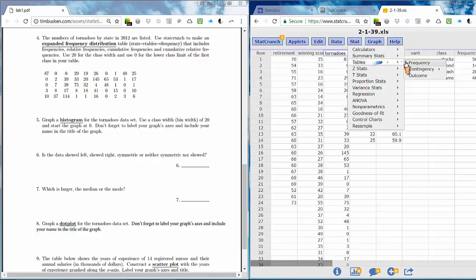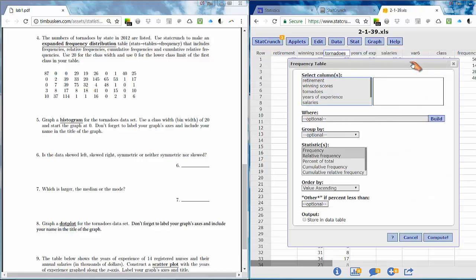And under the table's heading, left click on Frequency. Select the variable to be graphed, that's the tornadoes variable, so left click on that. Under this heading that says Statistics, we want to hold down the control button, and while you hold down the control button, left click on the words frequency, relative frequency, cumulative frequency, and cumulative relative frequency. Once you've done that, press the compute button,